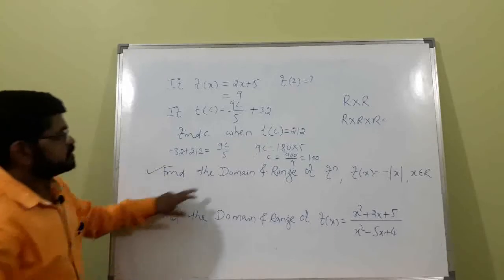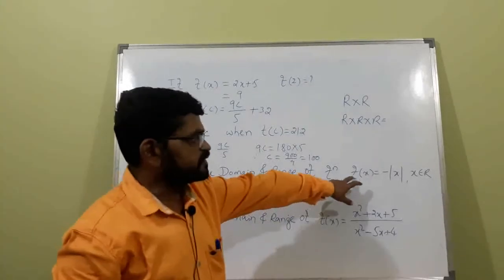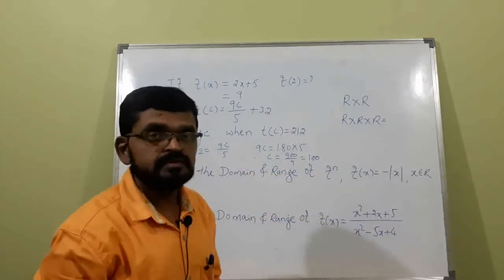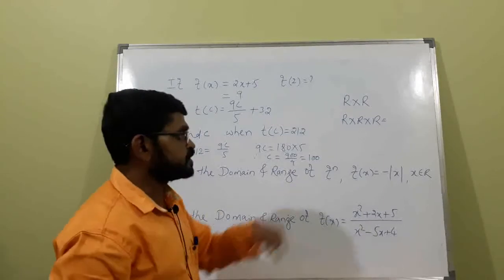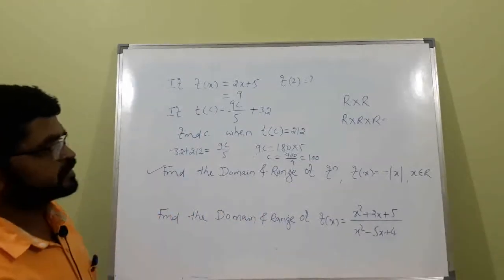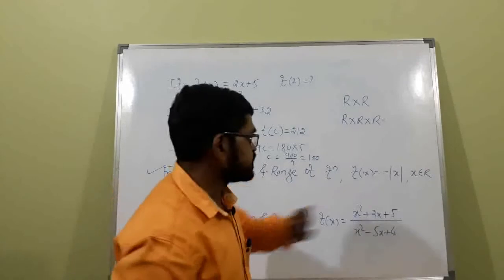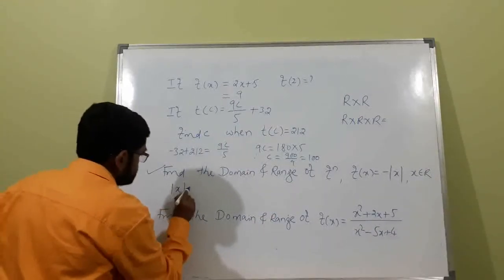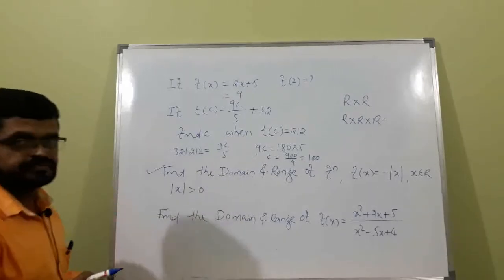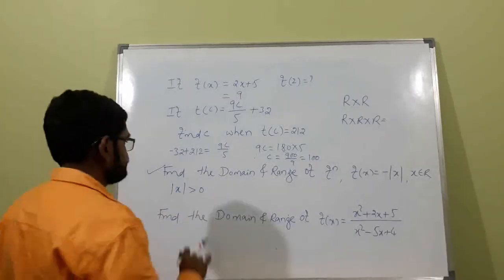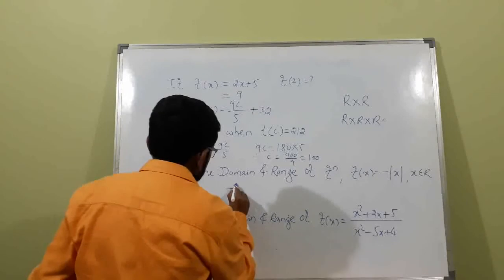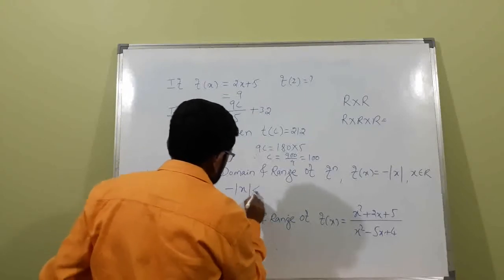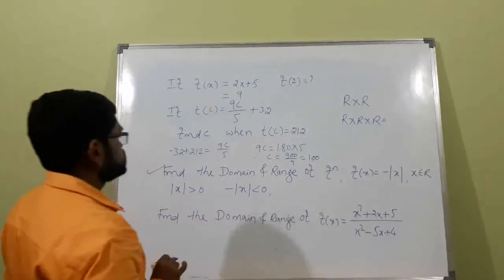Find the domain and range of the function f(x) equals minus modulus of x, when x is a real number. You know this: modulus of x is always positive. You know the definition. So minus of modulus of x is always negative. So